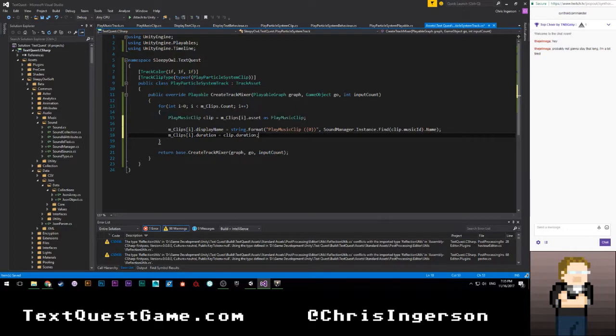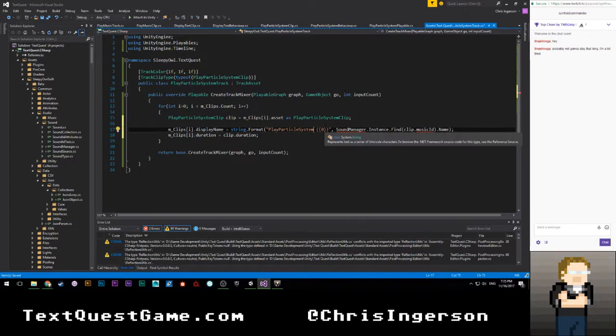I'm still fairly new to this. So we don't want it to be play music clip. Instead, we want it to be play particle system clip. Let's see. We're going to say mClips i dot display name is going to be equal to play particle system. And then we're going to have in parentheses, let's go ahead and change this. So this is going to say